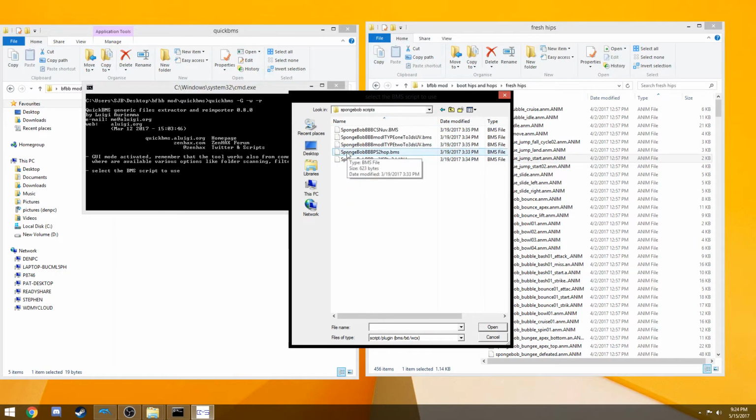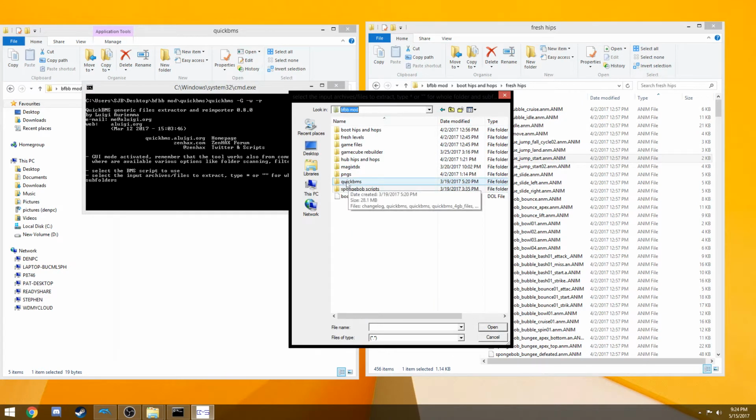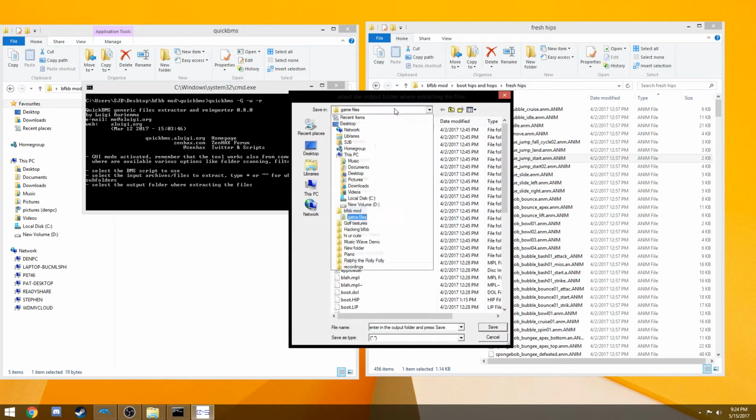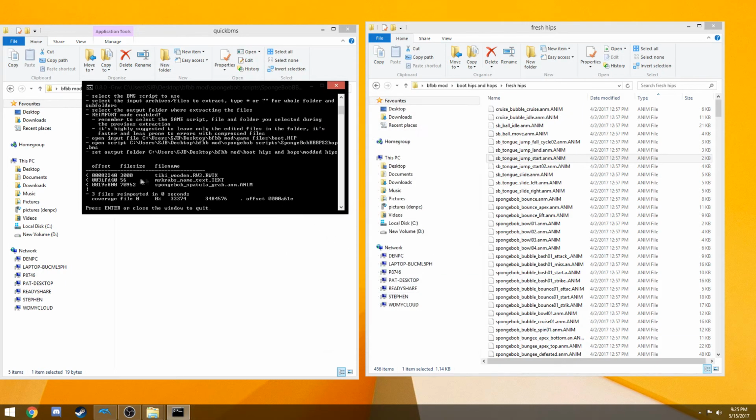And then you want to choose the hop thing. It's been a while since I've done this, actually. And then you want to go to the thing you want to send it into, which in my case would be under game files, and then the boot hip. And then we want to do hips and hops, modded hips,